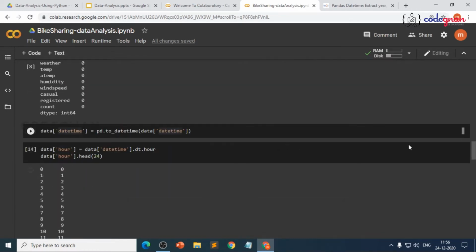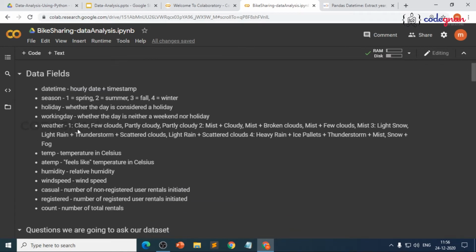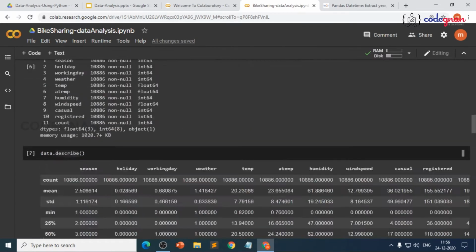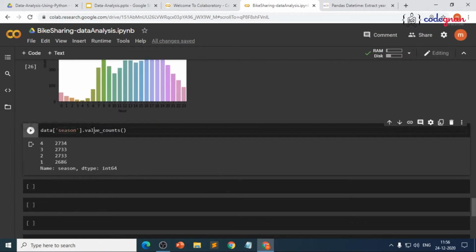If you want to see what those values represent, what 1 represents, what 2 represents, here you have 1 for spring, 2 for summer, 3 for fall, 4 for winter. So we want to see during which season the demand is more, right? So here we'll just write